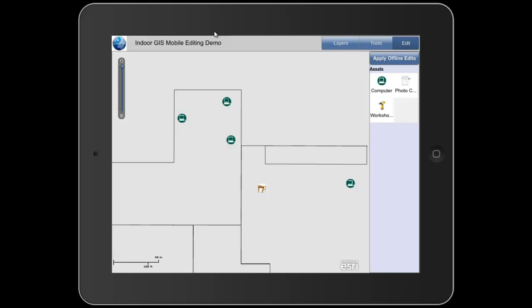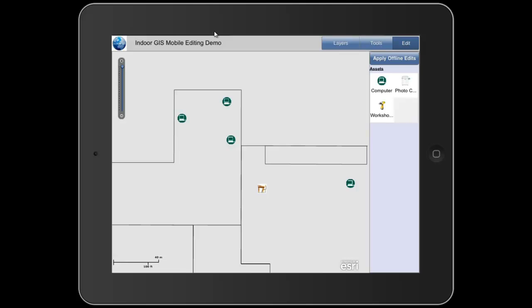One of the other features of this, which I won't show for this short demo, is this actually works offline as well. So if we walked into a building as a consultant, for example, and we weren't allowed access to the internal internet system within that building, we can actually go ahead and do this same editing, but in an offline mode, so without direct access to ArcGIS Online. So the information is stored on the device, the edited information. We actually have a base map, or base plan, a floor plan, which is stored on the device, as well